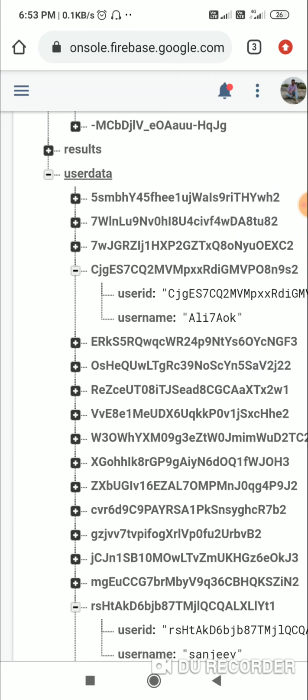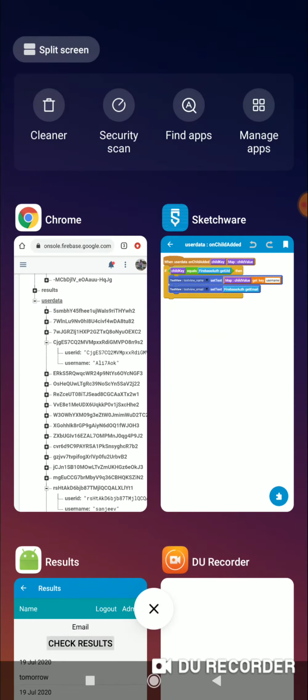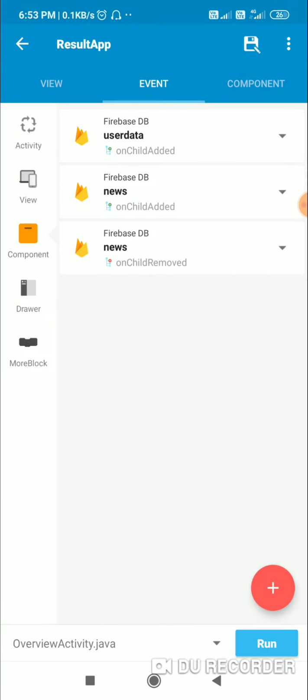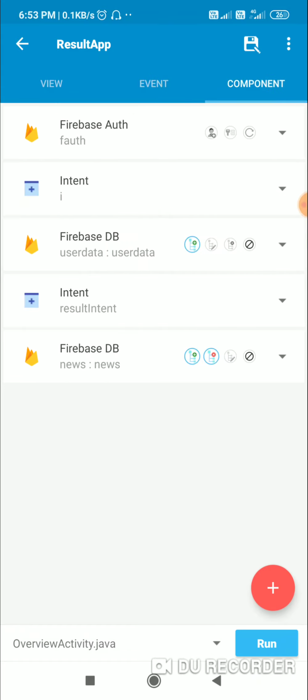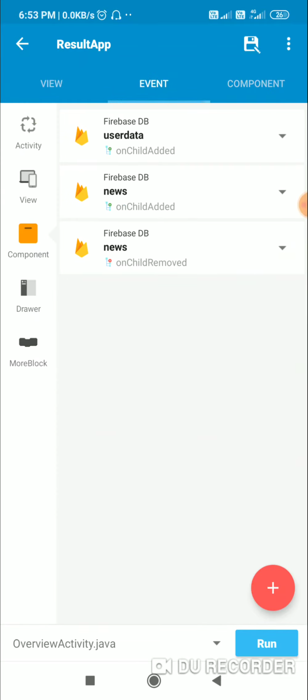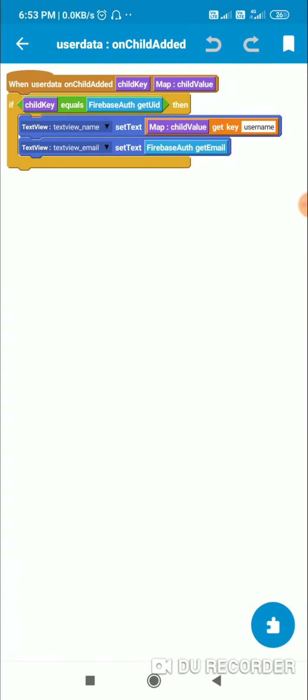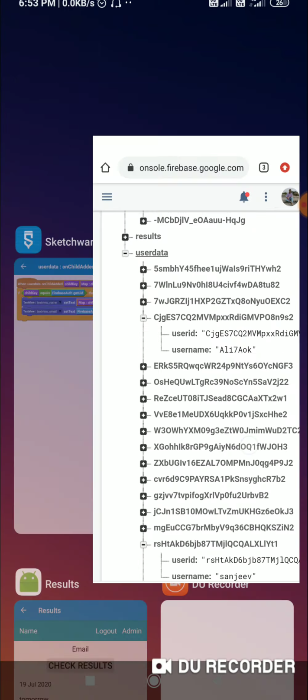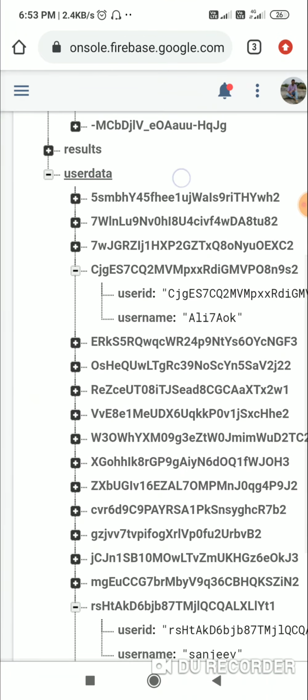The username of the user, only his username and not the username of other users, then in Sketchware if I do this, if I make a reference to user data, means if I set data location as user data and add this on child added event, then it will download the complete data at this location, which is user data.